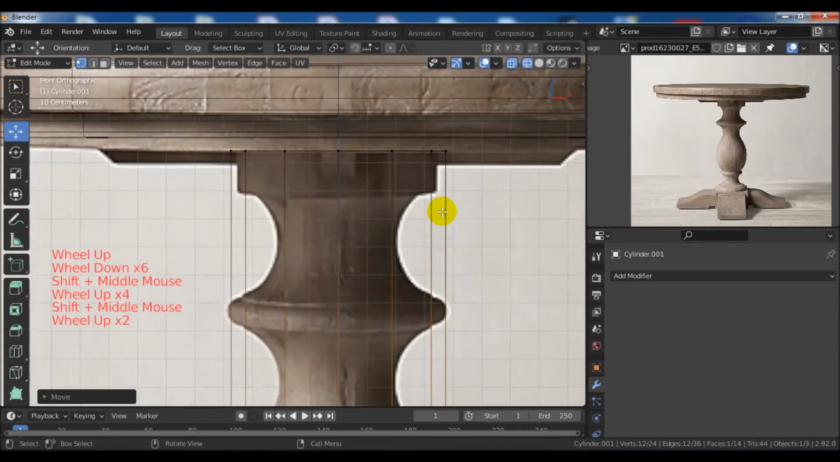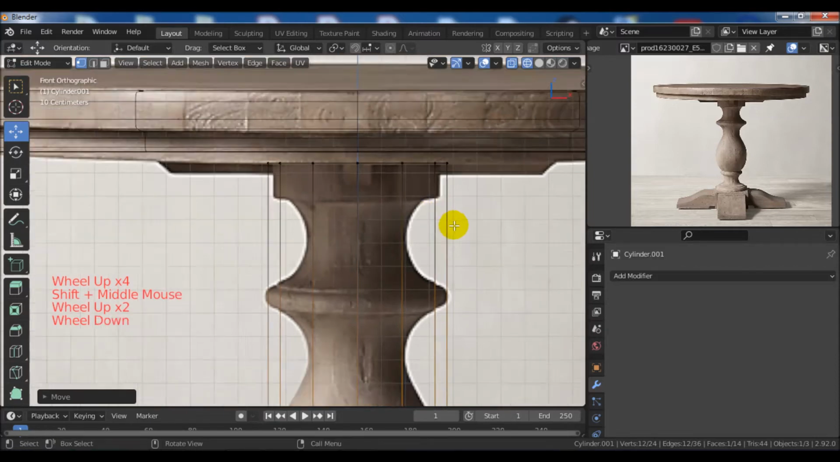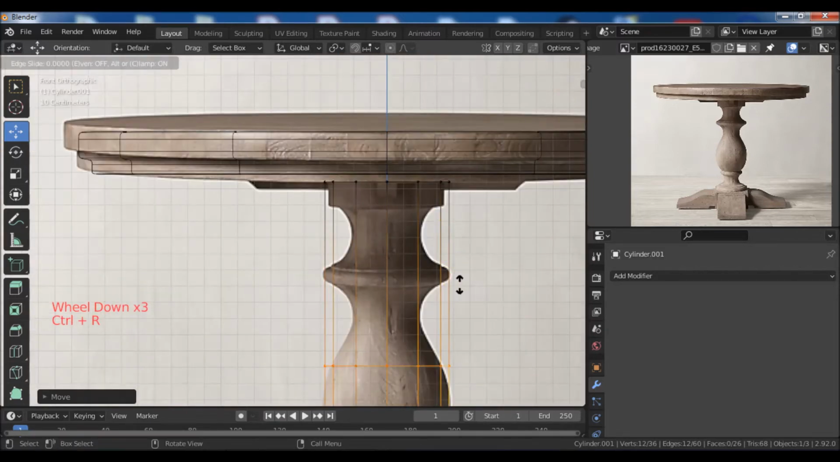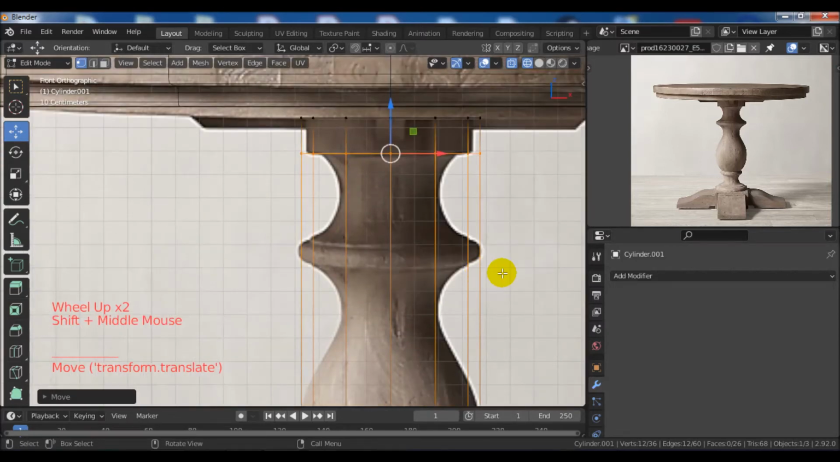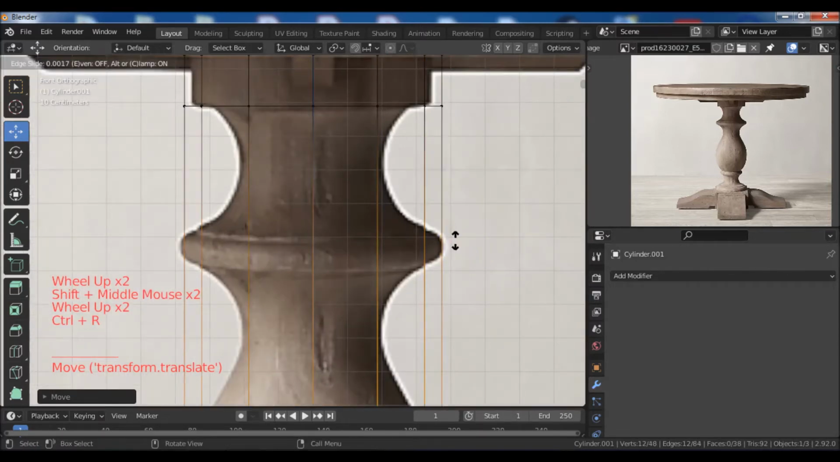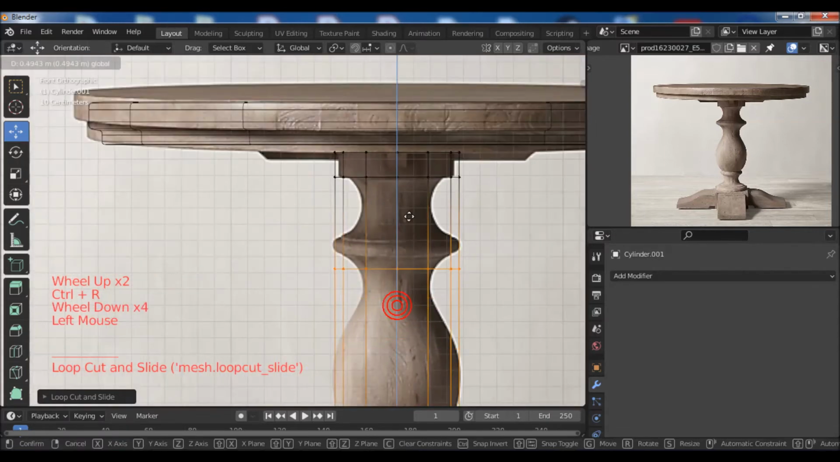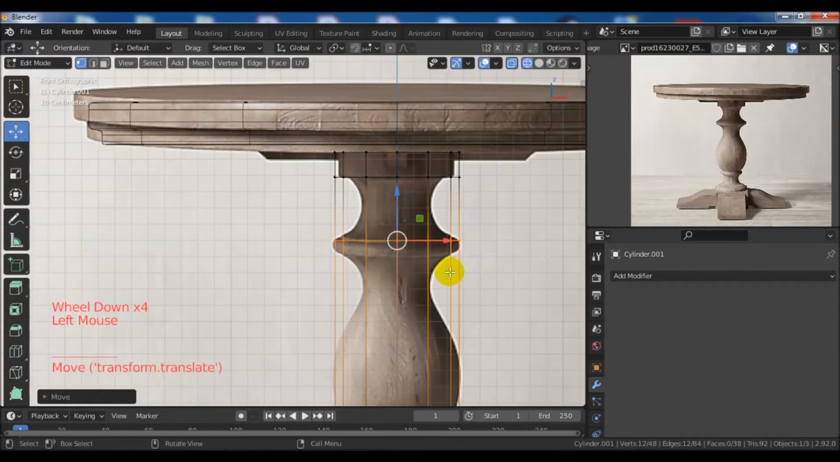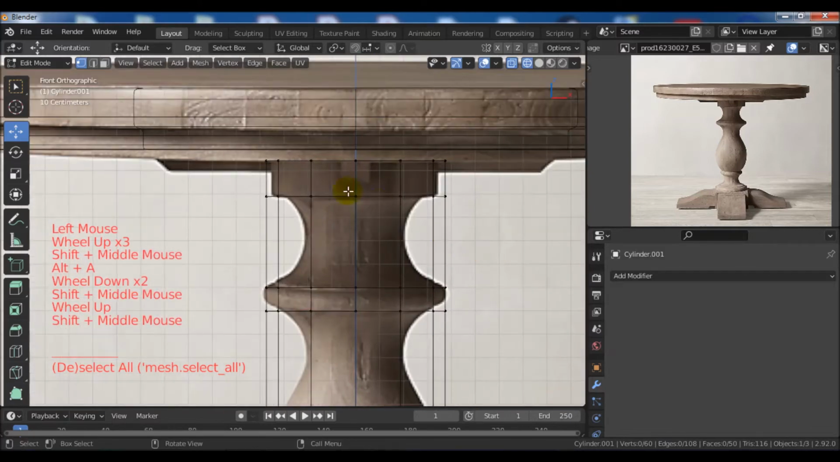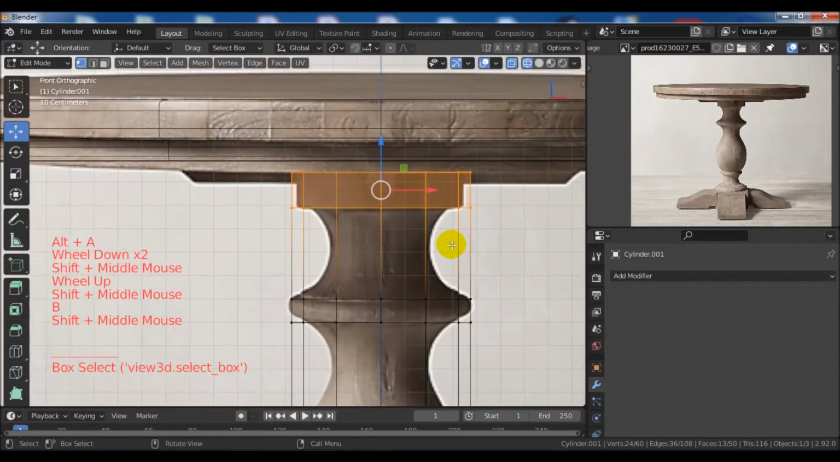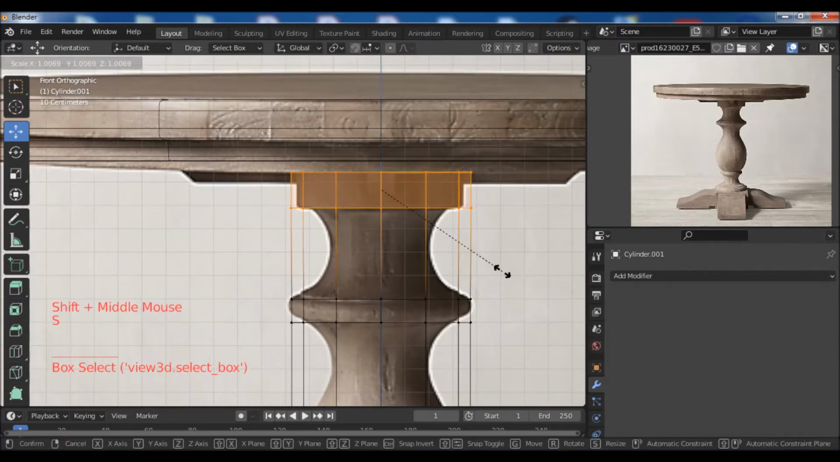And now we need to add edge loops on the cylinder, so we press Ctrl R, add another edge loop and move it up right there. Add two other edge loops here, one edge loop here and another edge loop here. Okay, deselect all the vertices and select these vertices with the box selection tool and scale it on the X and Y by pressing S and Shift Z